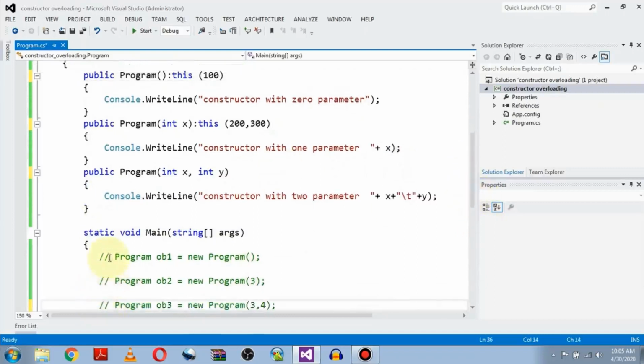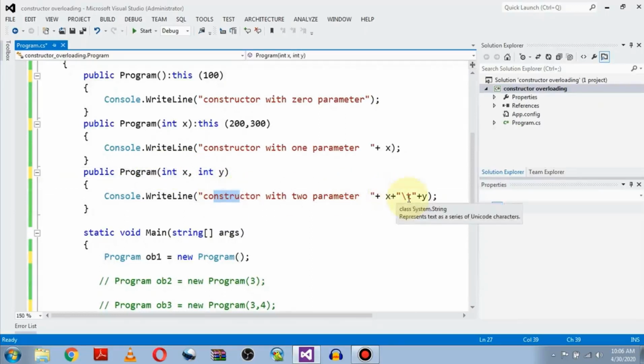So again we will be calling the 0 argument function, but when the control comes to this constructor, it will see that this constructor is connected with the 1 argument constructor, so the control will go directly to constructor number 2, but this constructor is also connected with the 2 argument constructor, so the control goes to the 2 argument constructor. Now this constructor is not connected with any function, so the first function will be executed.